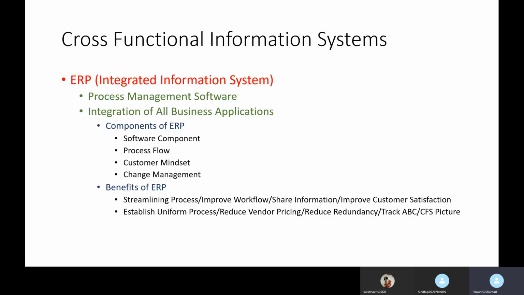Now process flow. Okay, as we were talking about different modules, in process flow they will give you a model. In that model you will be able to see how information flows from one module to another module in the ERP. Okay, so this chart is nothing but the process flow. Okay, so they have given modules and they have also given the process flow, so that if you want to create a different function or a different process, you can alter the process flow and tell the organization about the same.